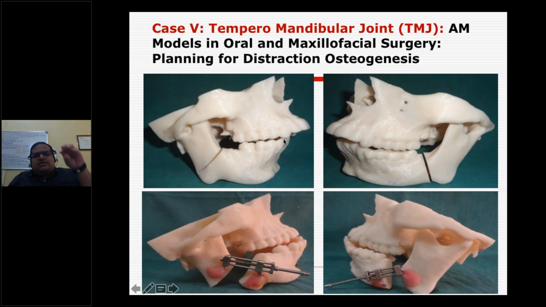First we need to set the alignment, and only then we set this TMJ, which we can see got fused here, but it should not be that way. It should be a free joint here. So this is the defect, and before doing it, this is the first surgery, where we need to set the teeth properly, meaning we need to stretch this bone forward.